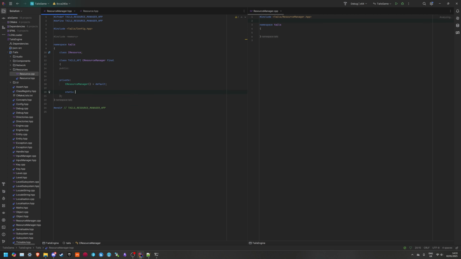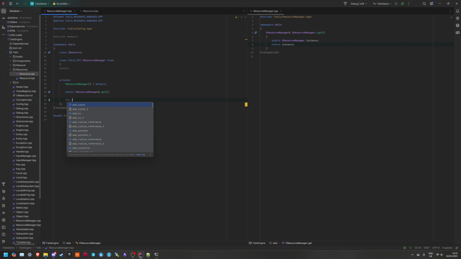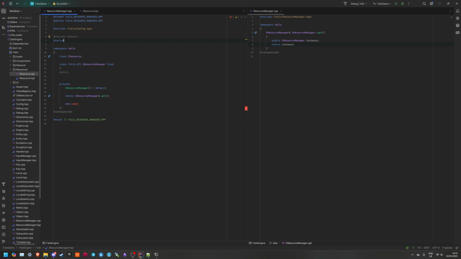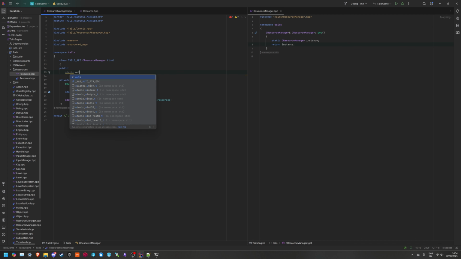So we can have a static resource manager get, like that. We also then want our unordered map, which we need to include in here. Our resource. I could just include resource actually. Might as well. And then, yeah, call it resources. So then here we can have our static auto load resource,